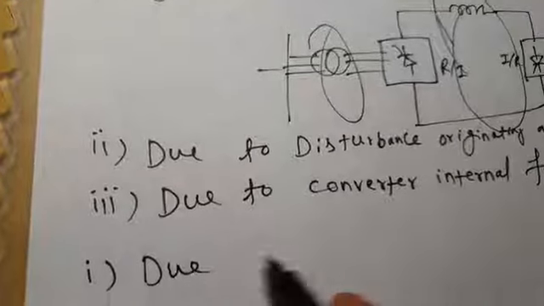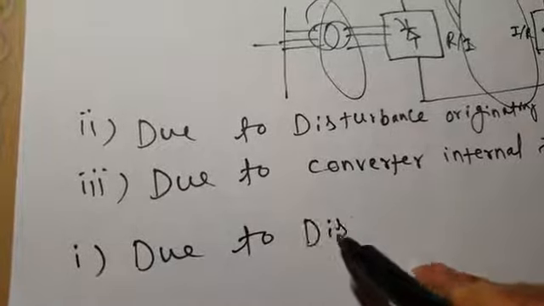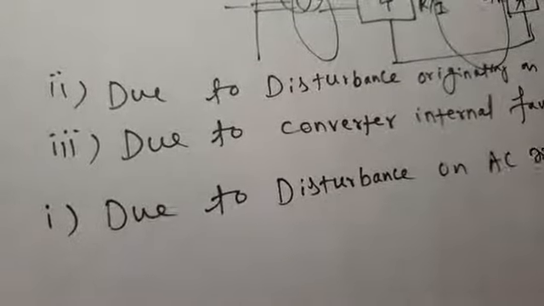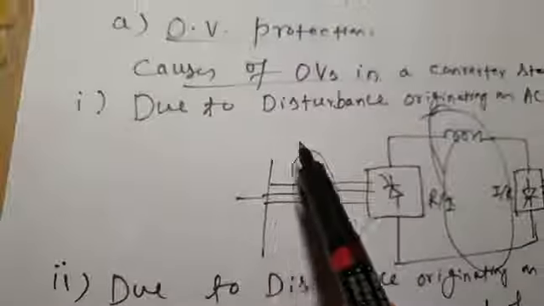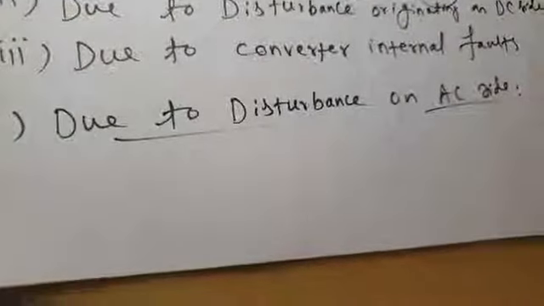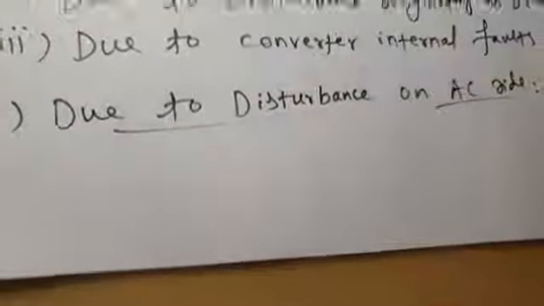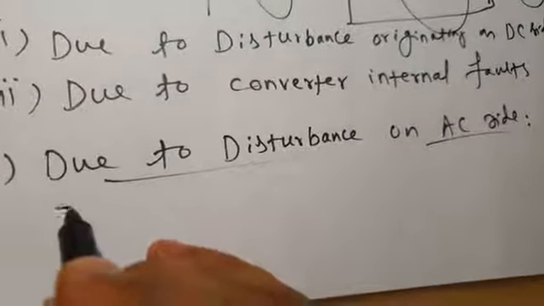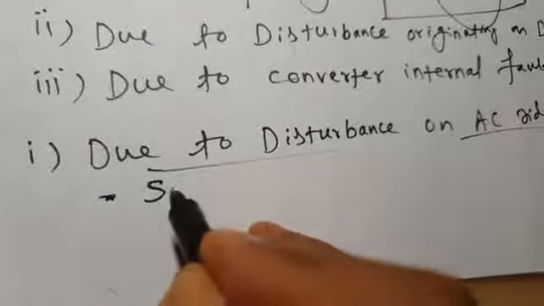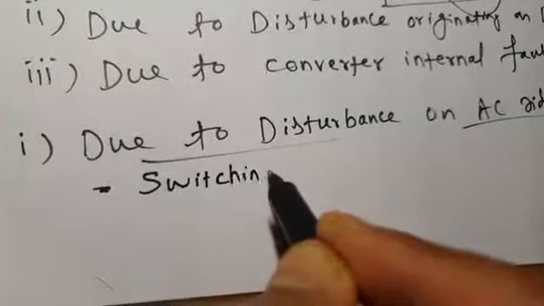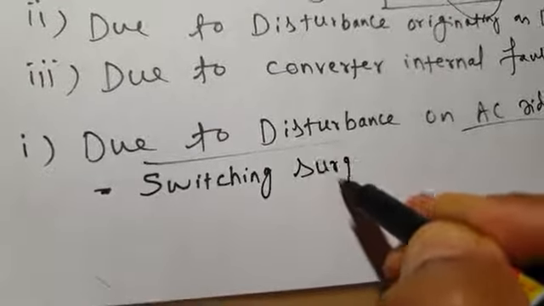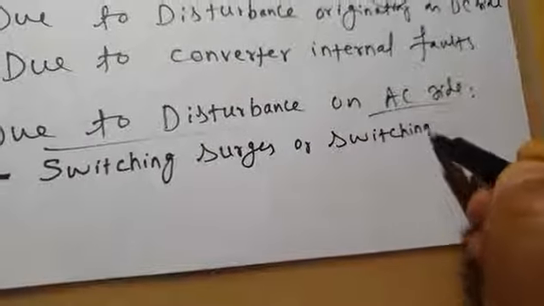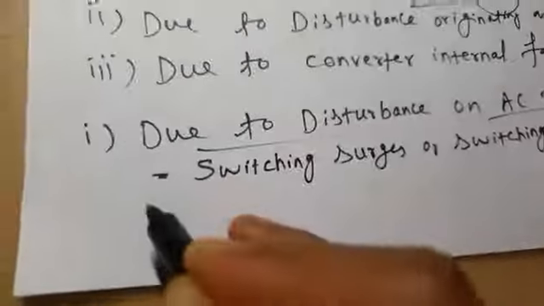Causes due to disturbance on the AC side. Causes of over voltages, as you have written here, may be due to disturbance originating on the AC side. Now let us discuss what are the various causes of over voltage due to disturbance on the AC side. What do you mean by disturbance on the AC side? Now various disturbances on the AC side may be, number one, there may be switching surges, or what we call switching over voltages